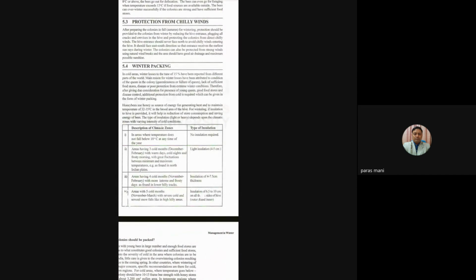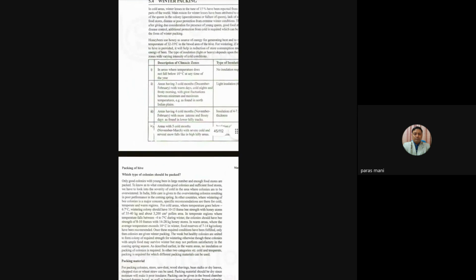Yeah, all the things we have discussed, I think you will be able to understand it completely. Regarding packing of the hive, it is given in detail here. The different types of materials are used here, and with respect to different climatic conditions,